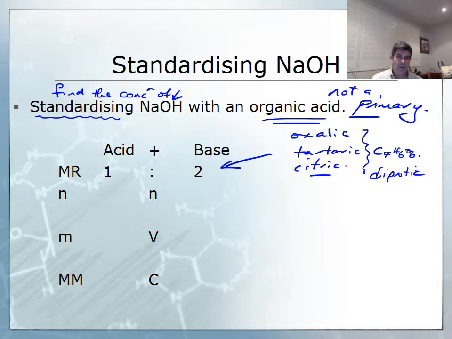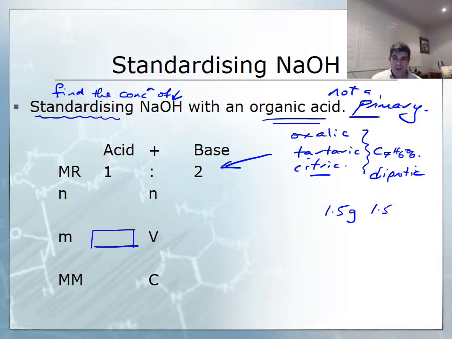So to just put some numbers together, for example, it may well be that we first of all start off with a mass. So we might have to weigh our tartaric acid first. So if we were, for example, to weigh out 1.5 grams, you would do this on an electronic balance,